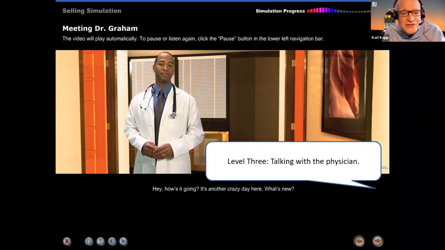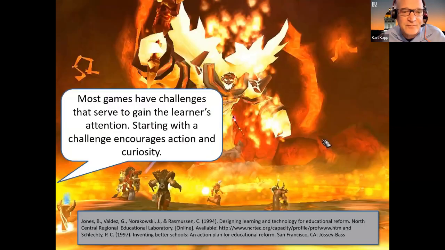So in a traditional instruction, maybe you would start with, okay, first you meet the receptionist, then the nurse, and then the physician. You go through these three levels. But this could also be a manner of just introducing somebody in this way that they don't understand what's going on, and they have to catch up to the situation. So all of these are ways to grab attention. Maybe there's a conflict. You're trying to sell something and they're trying not to buy it, which happens a lot in a sales situation. And so you have this sense of conflict or the sense of competition. That can be a way of introducing content as well in a gamified environment.